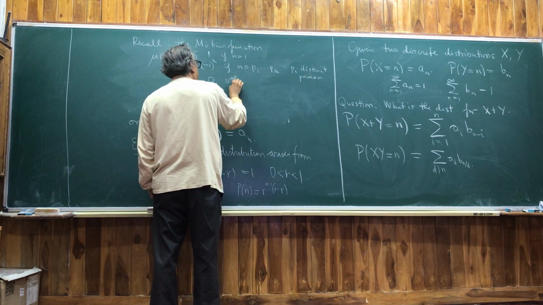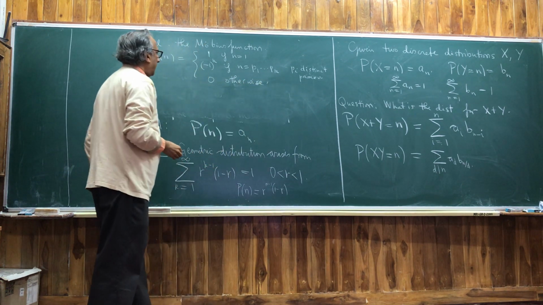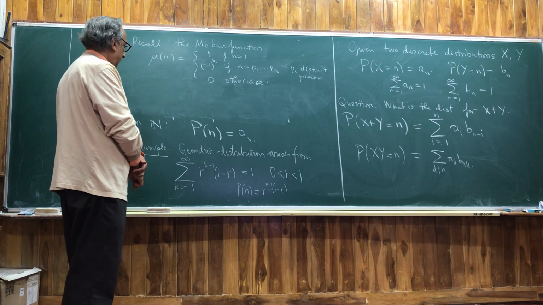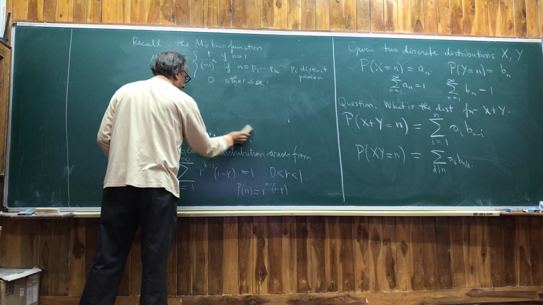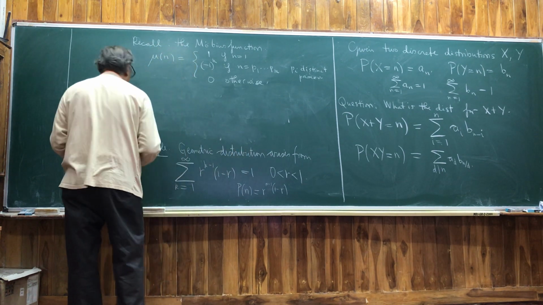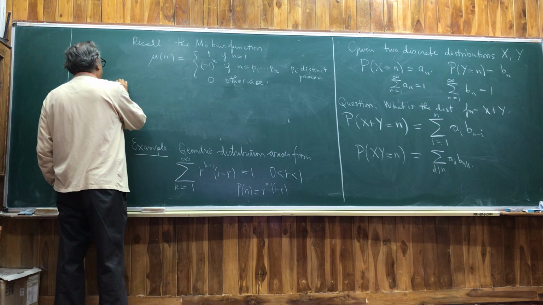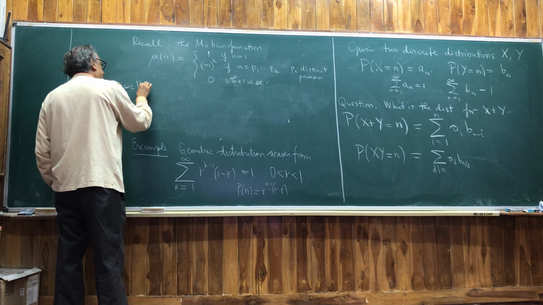So this is the definition of this function. I'm sure all of you have seen this before. The fundamental property, if you did not see it, here it is. A basic property of this function, which is also important in sieve theory,